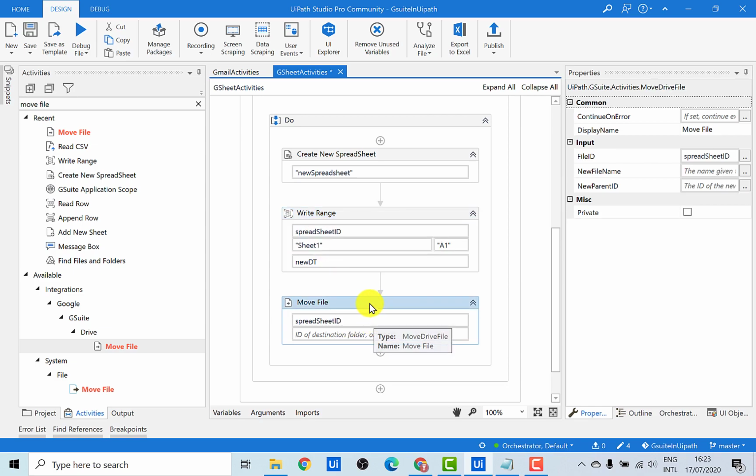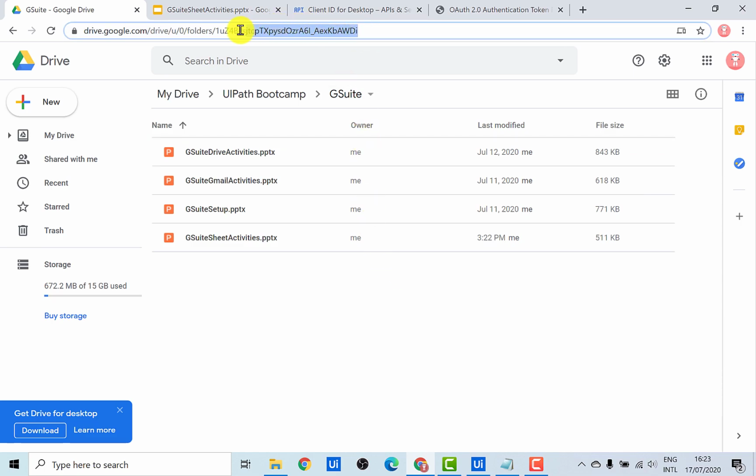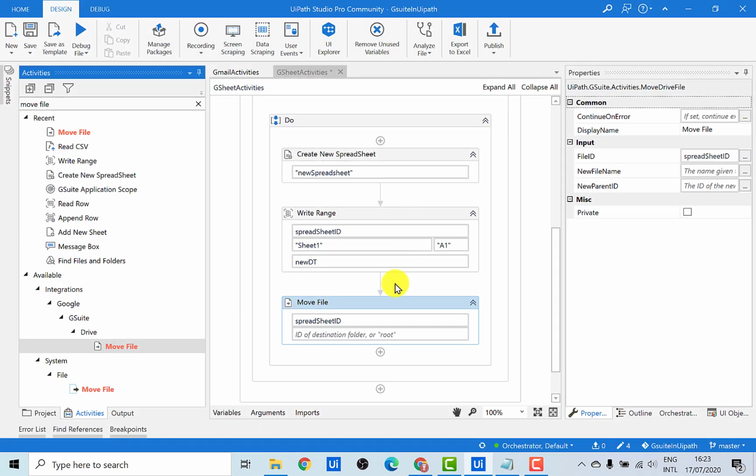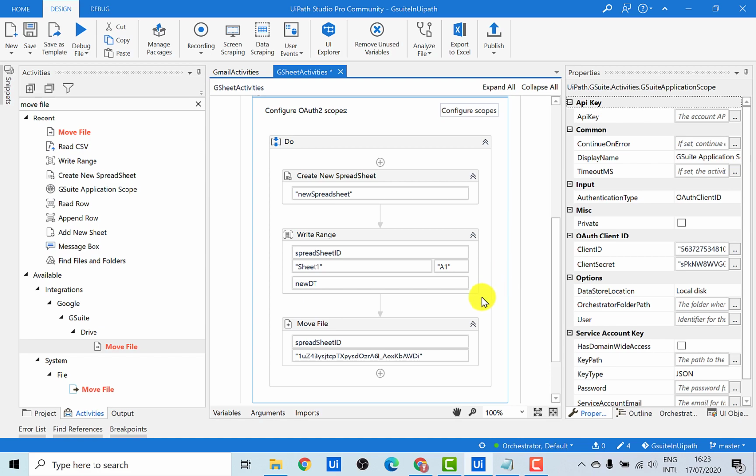And the next thing that we need is the parent ID of the folder where you want to move this file to. So let's just go back and get the ID of this particular folder, which is nothing but this random text that you see. And I would paste it here as a string. So with this, what would happen is a new sheet would be created and then it would be moved to this particular folder. So let's run this again